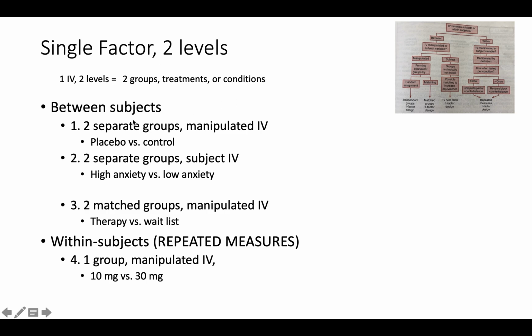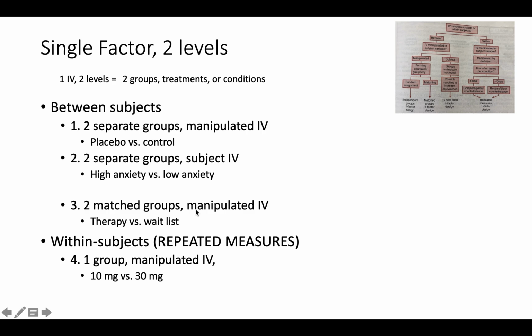Okay, so placebo versus control, if these groups are not intrinsically related, then that's a between subjects group design. If we're not manipulating the IV, but we're using some property of the subject, like whether they're intrinsically high anxiety or intrinsically low anxiety, if we're dividing the groups by some subject variable, we could do male versus female. That would be another subject variable, ethnicity,